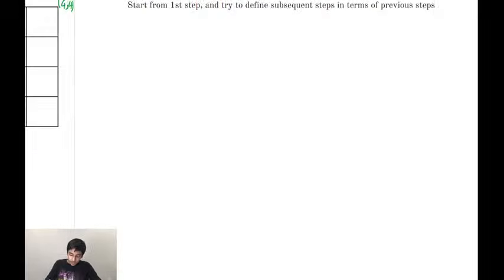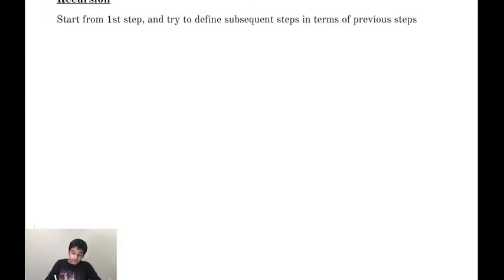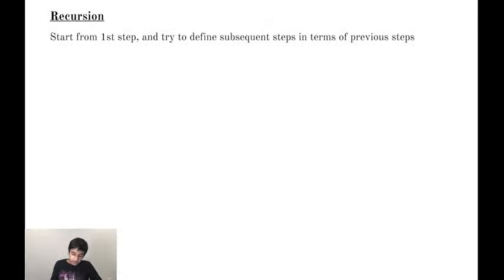Okay, so now let's take a look at recursion. For recursion problems, you always start at the first step and try to define subsequent steps in terms of the first step. For example, you define some function f. Let's say you want to find how many ways to do something for n equals 12, some really large number. So you first find how many ways there are for 0, so f of 0. Then you find f of 1. So on, you keep finding these small values. And then in order to get the larger values,